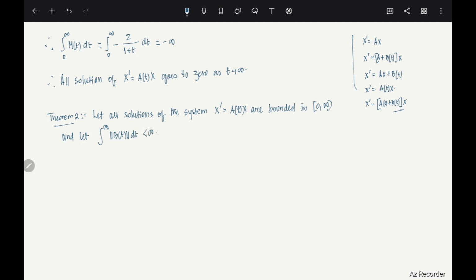If this happens, then all solutions of this equation, x prime of t equals (A(t) plus B(t)) times x, the perturbed system, are bounded